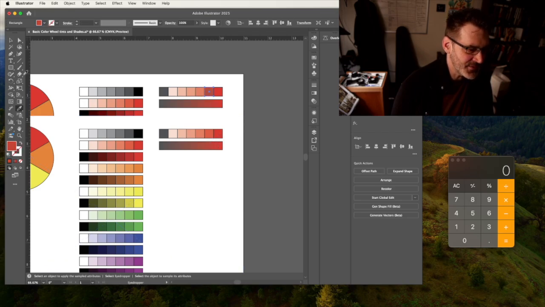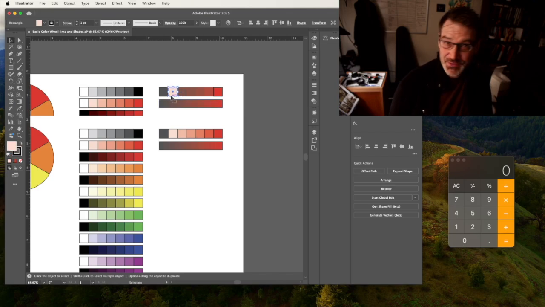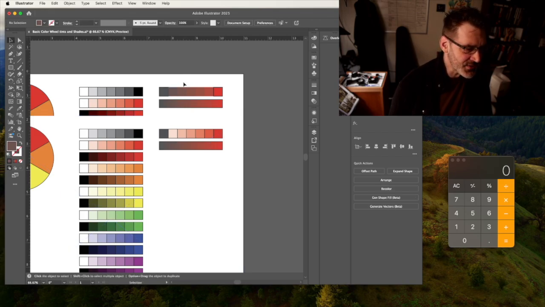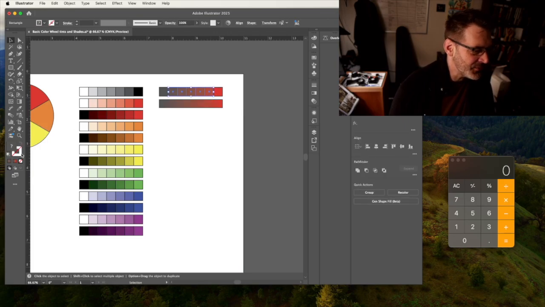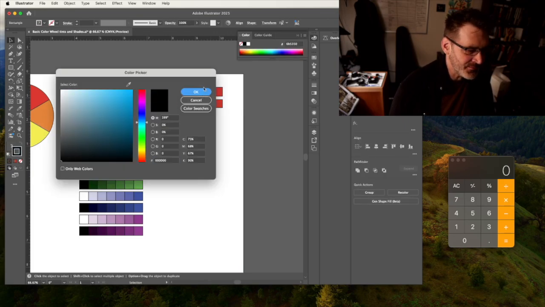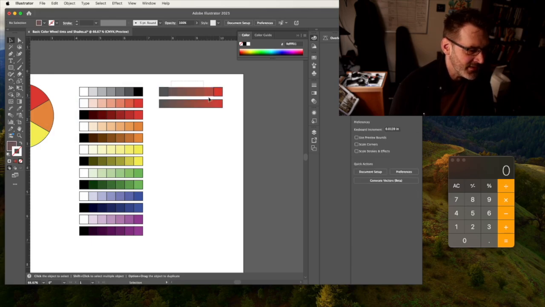So here's the first one. And then I select the next one. I use the eyedropper tool. And then I choose the next one. And I use the eyedropper tool. And then I choose the next one. And I use the eyedropper tool. But what I don't like about this from the perspective of it attempting to teach you anything about color theory is that while this certainly helps us understand the flow getting from red to gray,